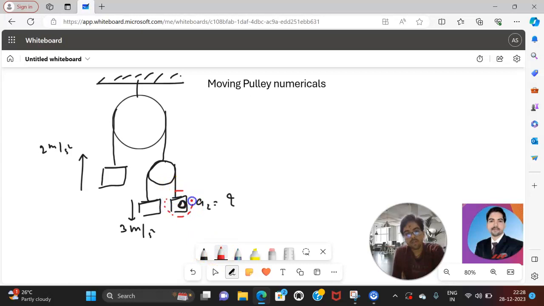For this block, what is the acceleration? So simplify the relation which I just told you, AP equal A1 plus A2 by 2. It is valid for one pulley, one string, and two blocks like this. That relation is valid for a pulley that is not fixed. It is for a moving pulley, but there is one string, two blocks. So that relation is valid for this condition. The pulley is moving, and that relation is valid for that. Clear? Up to this, any doubt?